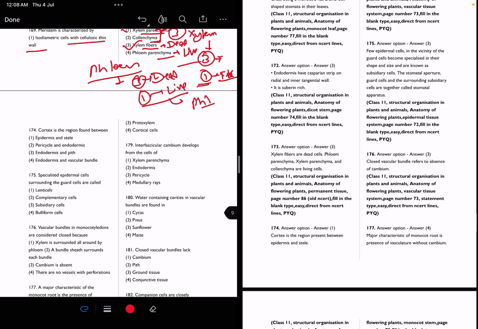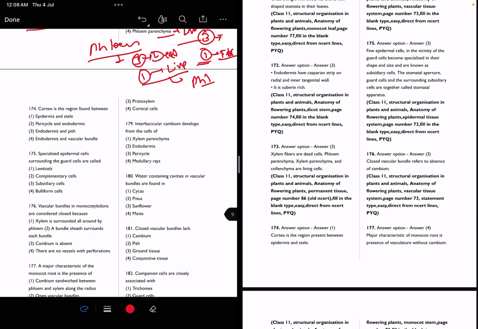Now read question 174. Cortex is the region found between the outermost structure and the innermost structure. The outermost is the epidermis. Just after the epidermis there is a cortex. And there are many structures between the vascular bundle and the cortex. Just below the epidermis, there is a cortex. So the answer is